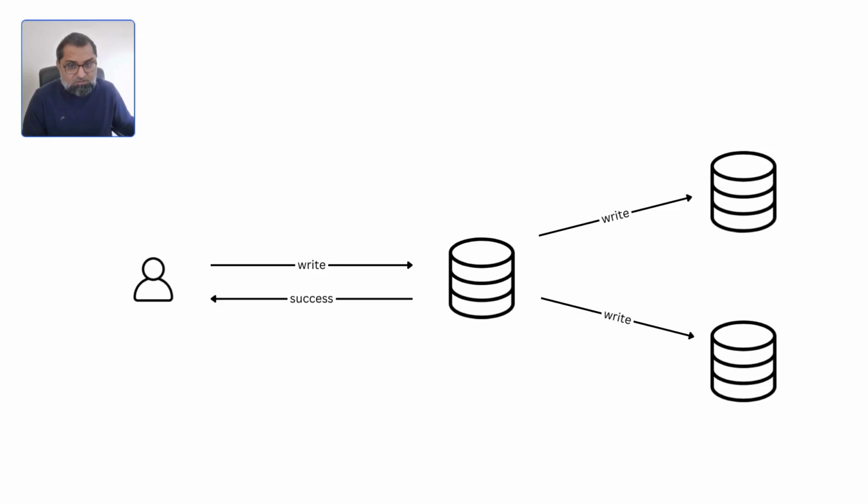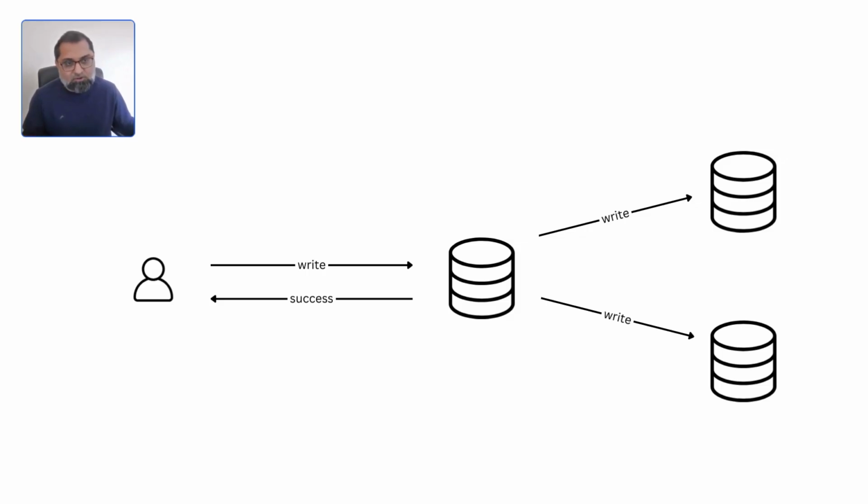This is where eventual consistency comes in. Eventual consistency guarantees that even though updates are sent asynchronously, all replicas will eventually have the same data if you give the system enough time. It's like mailing out invitations to a party and knowing that no matter how slow the mail is, everyone will